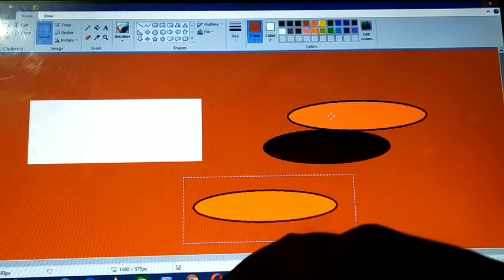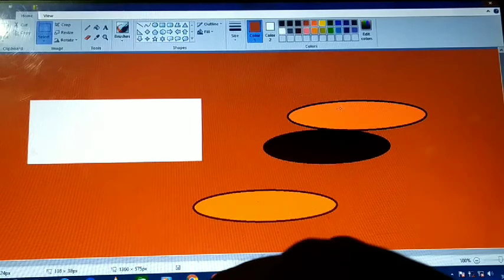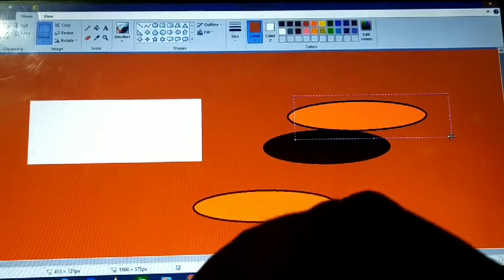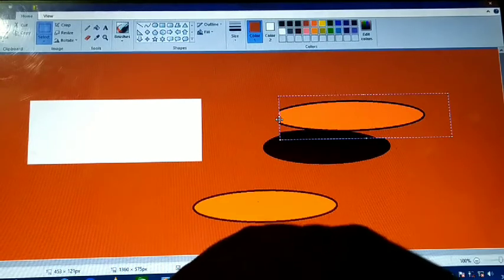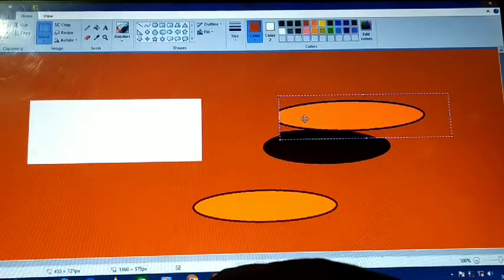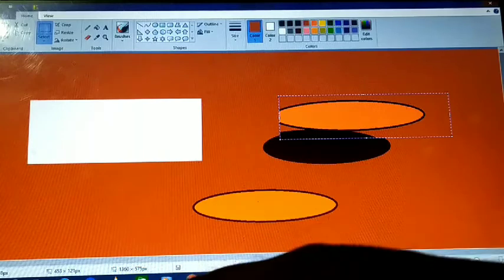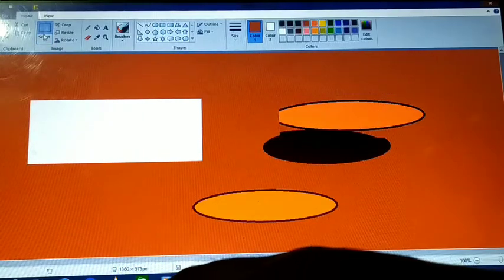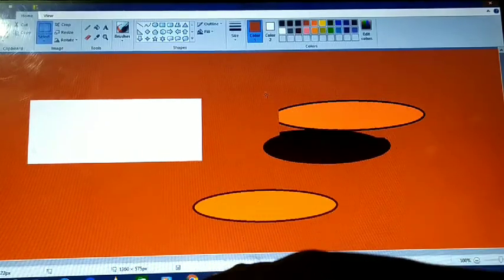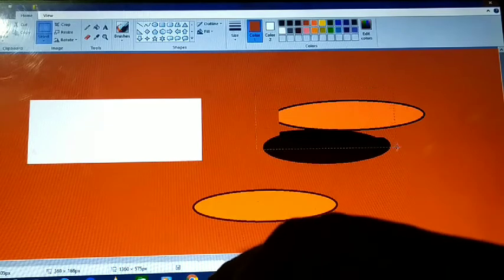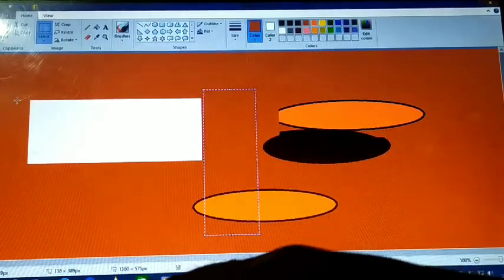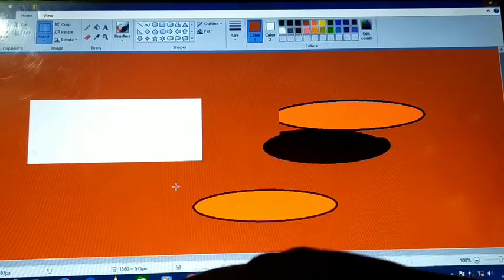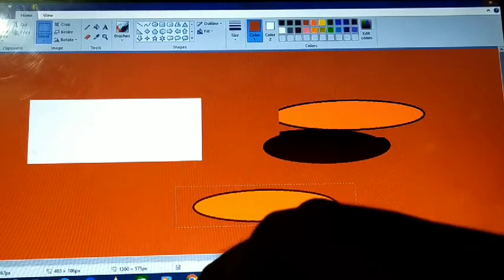And copying means if you are selecting this object, I have selected this object. Now if I want only this part, I select this part.